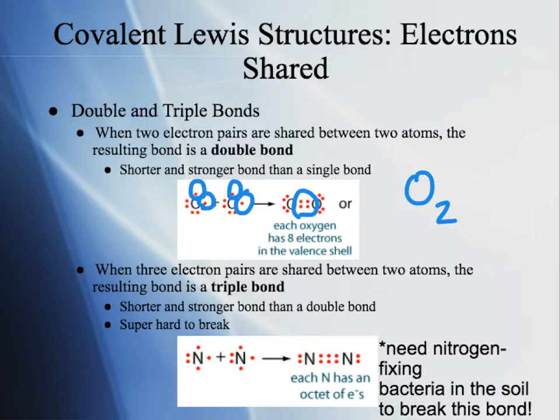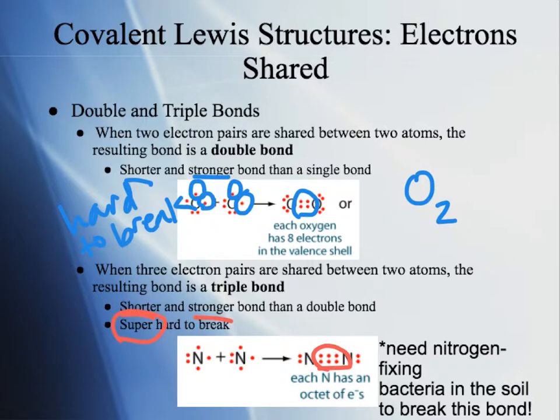Okay. Now, double bonds are a lot shorter and stronger than single bonds. So these guys are harder to break than single bonds. So we'll put hard to break. All right, a double bond. Now, triple bonds are even stronger than double bonds. Triple bonds are sharing of 3 pairs of electrons in the middle there. 6 electrons total. And these guys are even shorter and stronger than those double bonds,